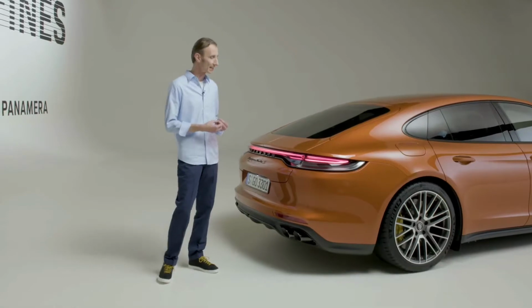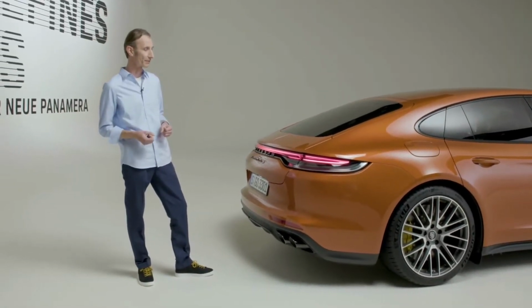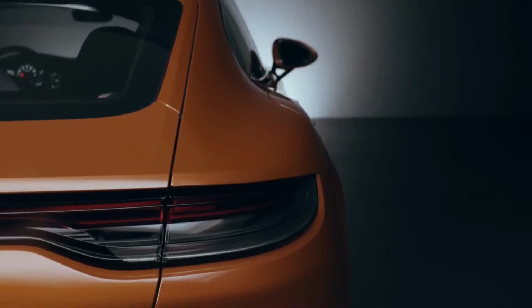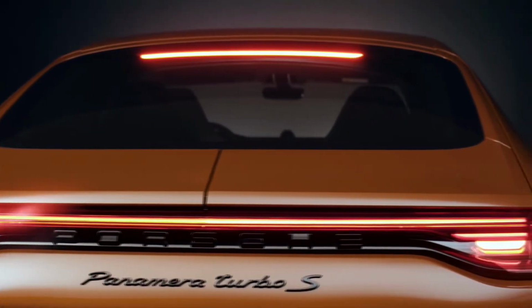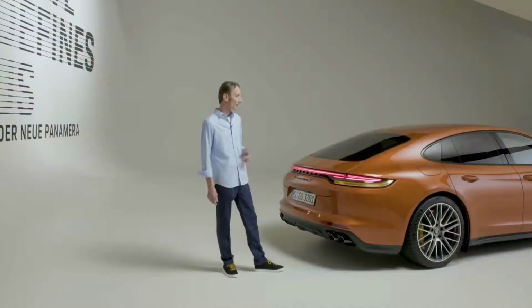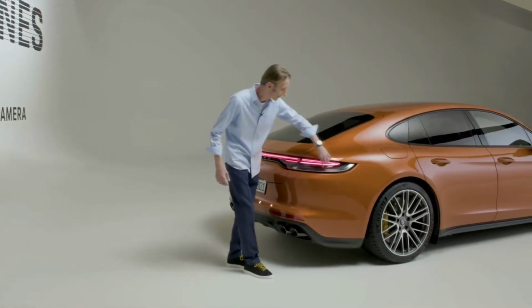In the same way as we did with the front light, we have also paid attention to creating a solid glass look for the tail light. In other words, we have ensured that this elegant solid glass material is reflected in the geometry. This can be seen very clearly in these distortions, reflections that pass through. It is similar to when you swirl a beautiful glass of red wine. It is something very refined, very elegant, and something that I think is an excellent match for this class of vehicle. The turn indicator consists of this main function, this powerful strip here at the top,